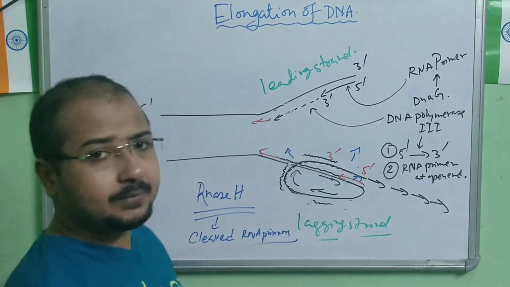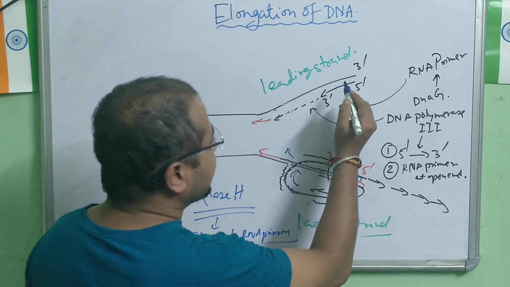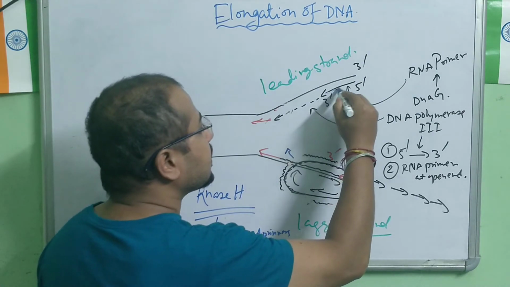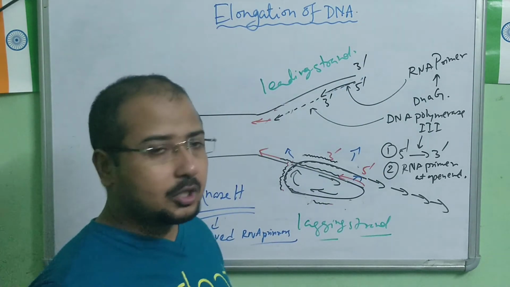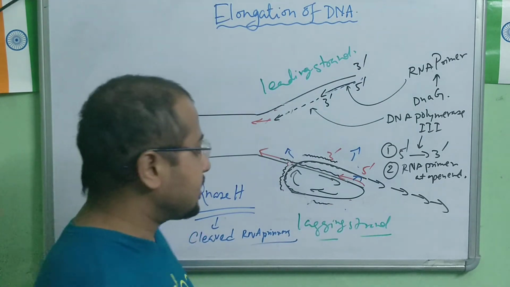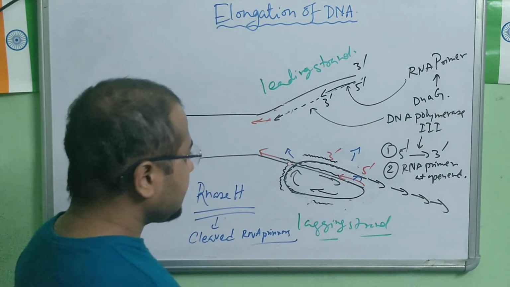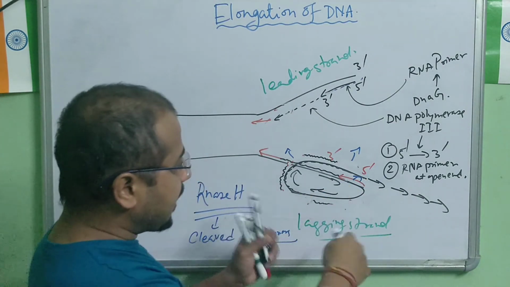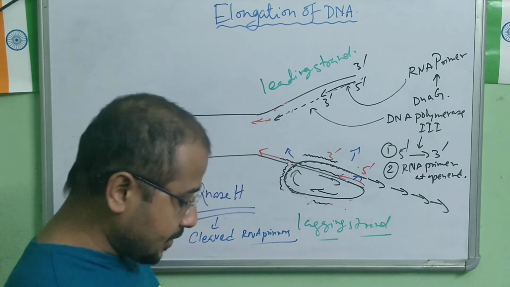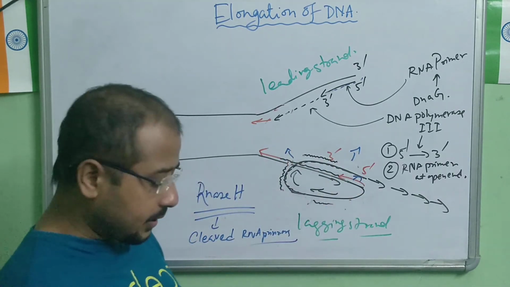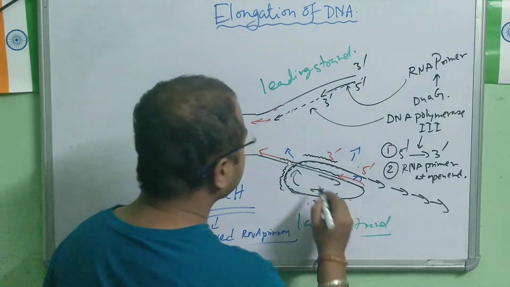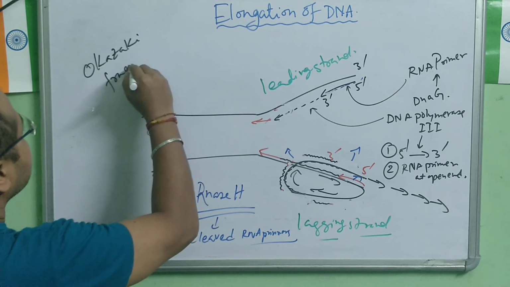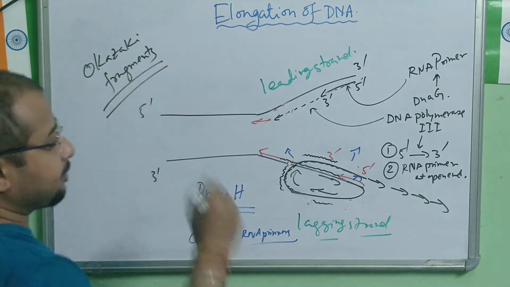Even in this case also the same thing. Okay, here once this is removed, there will be a gap here. And it will be filled by some DNA nucleotide molecules, which will be coming and binding here. Same thing will happen here also. But what happens is that these pieces of the DNA strand that we see after the cleaving of the RNA primer, these pieces are known as, I'm writing here, Okazaki fragments.